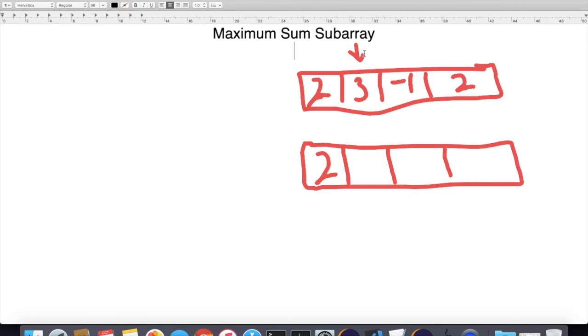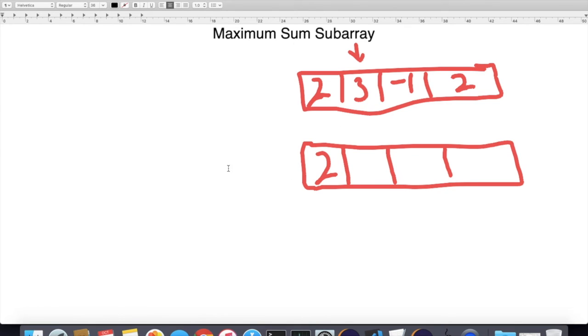So how can we decide this? If the summation of the current element plus what we could sum so far from the previous is greater than the current element, or we start from the current element. So we can decide here if 3 plus 2